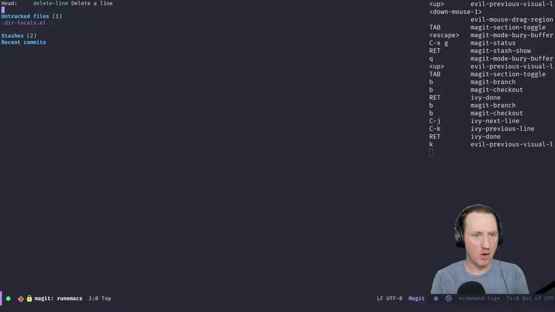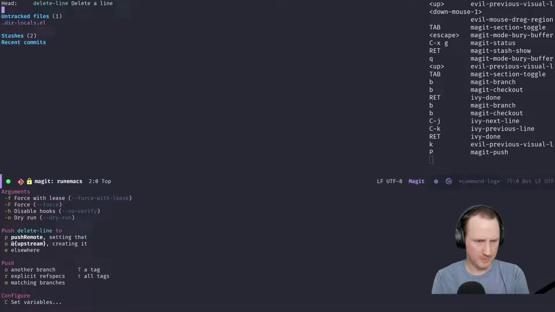And now let's check out what it's like to push. So I'm going to use, I think it's capital P for push. And now we get this set of options, which is going to be pretty helpful, because if you work in Git repositories that are going to GitHub or GitLab or whatever, you're going to have to be pushing all the time. And pushing is something that needs to be fast. So when you hit capital P,